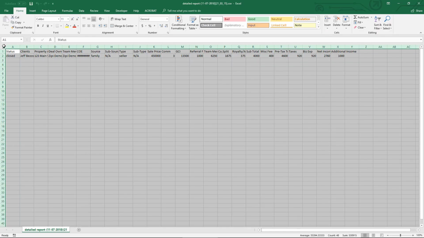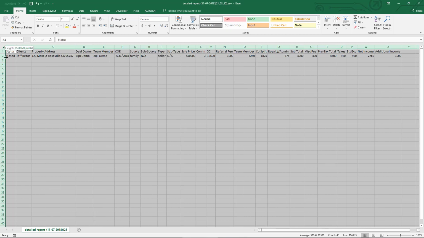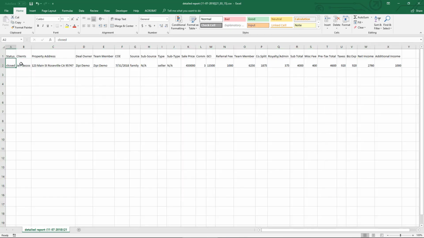And you can see that it's going to download this very simple CSV file for you. Let me increase some of this so you can see. And what it's going to do is show you your status, your client name, property address, deal owner, team members, if you wanted to filter down which team members were included on transactions, close of escrow, source, type, sale price, and commission. And it's going to break down all of the line item details for you, all the way down to net income. So referral fees, team members, company split. So everything that's on that deal card is just going to line item it for you